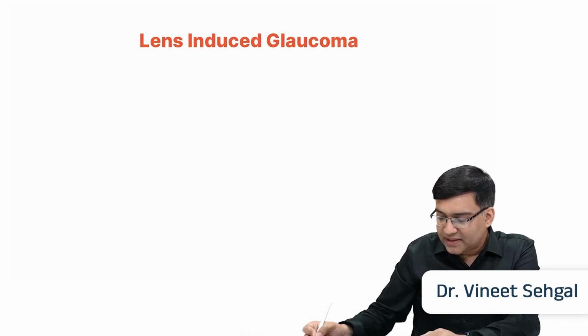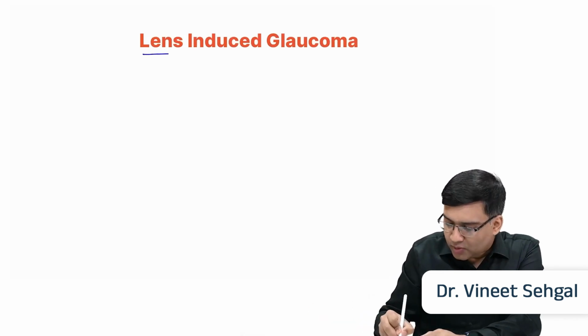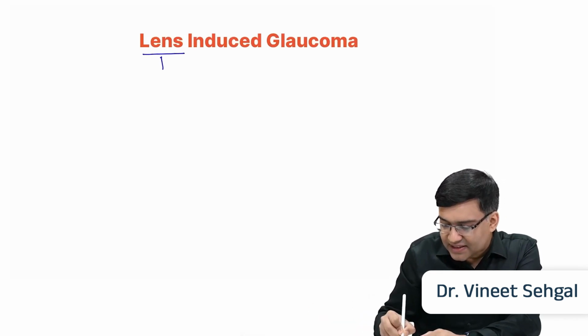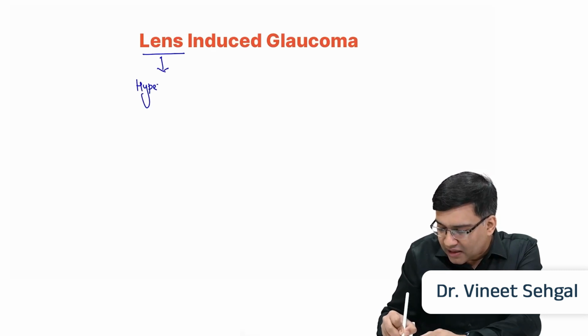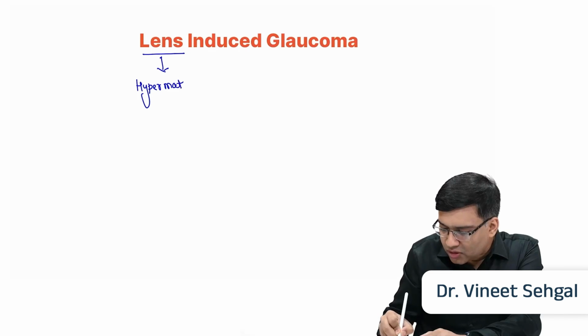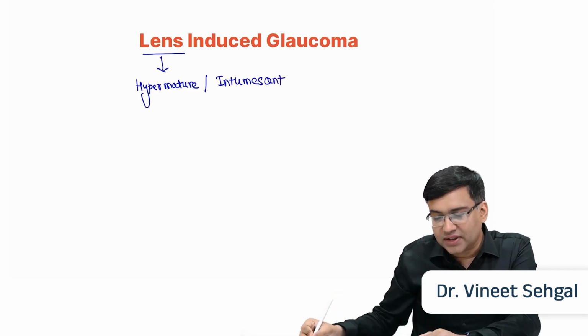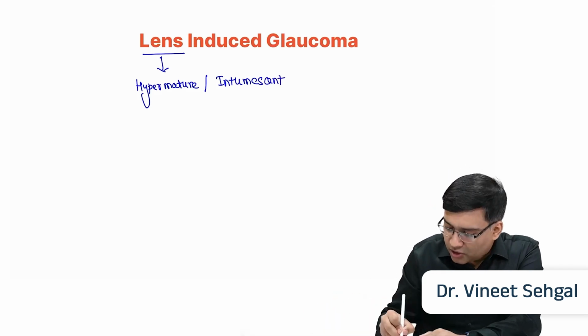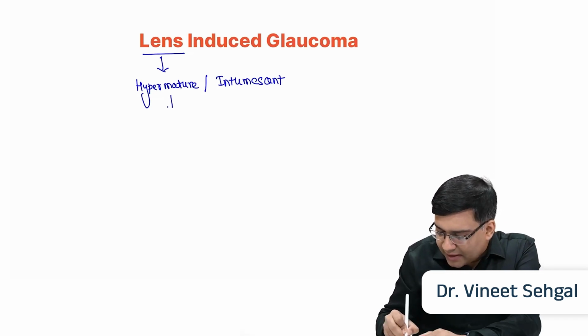So first one is our lens induced glaucoma. As the word suggests, the lens, which is usually a hypermature or an intumescent lens, is causing the increase in intraocular pressure. Now, how it does is that first of all, the classification can be